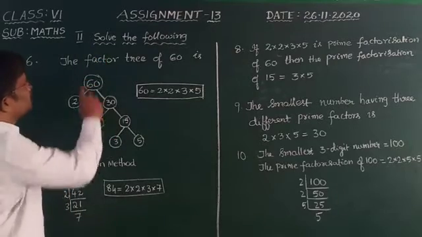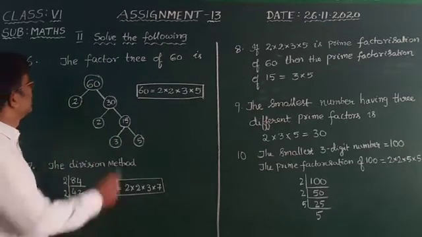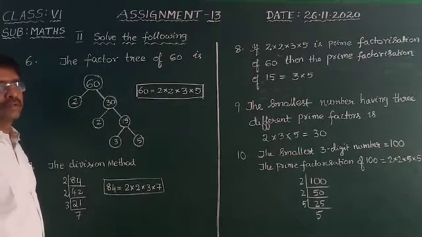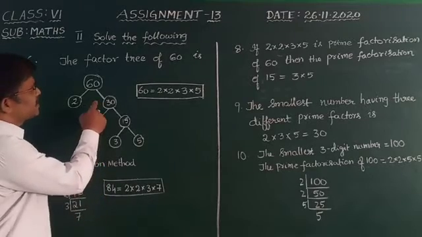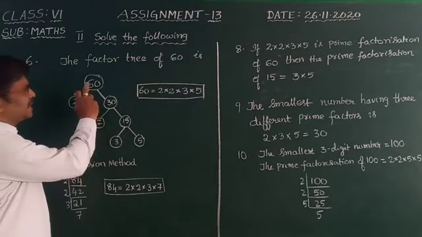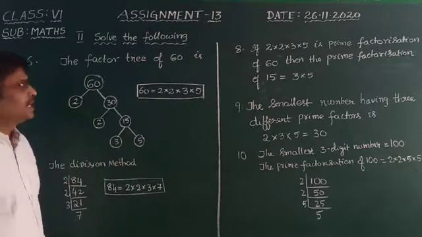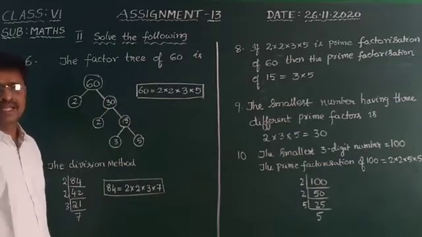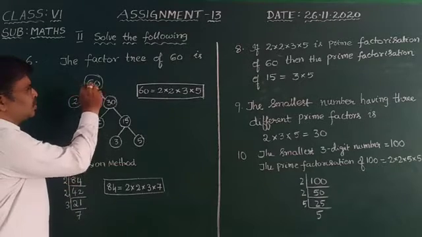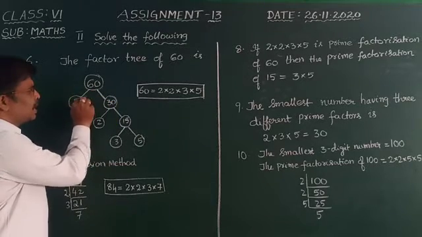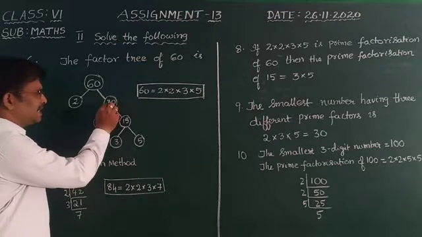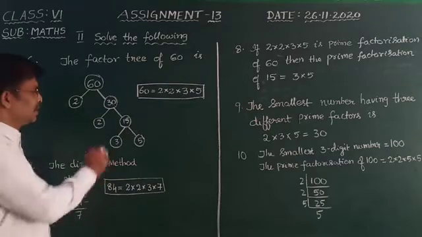Now the second round is solve the following. In the 6th question, the factors of 60. We have some methods for prime factorization, factor tree method and division method. In the factor tree, we are factorizing the given number like a tree. So first you take 60 and divide by 2. 2 30s are 60. The 2 you circle and write down. Now again 30 can be factorized. Then you get 2.